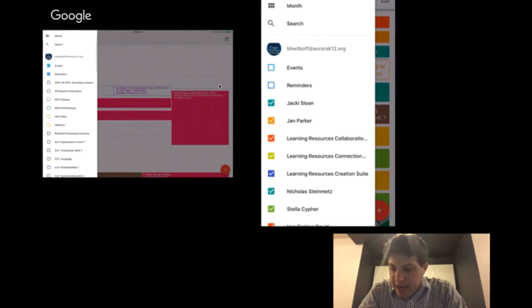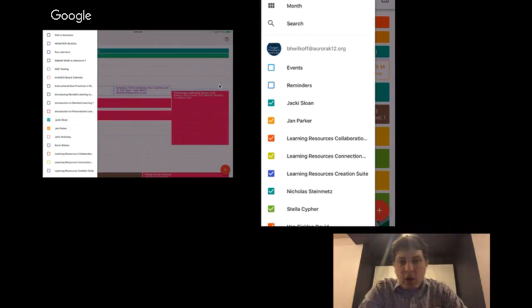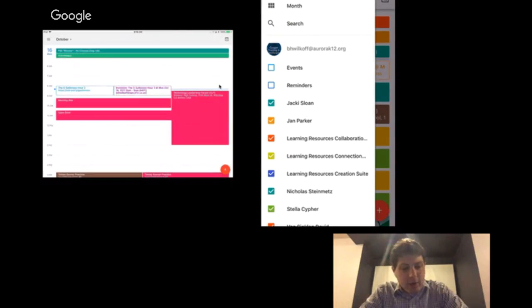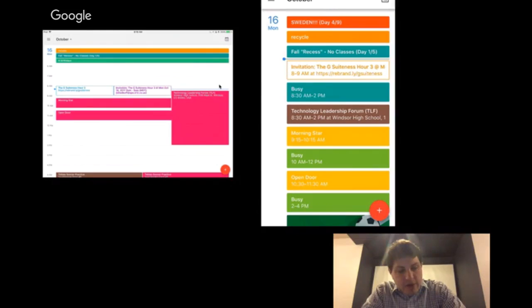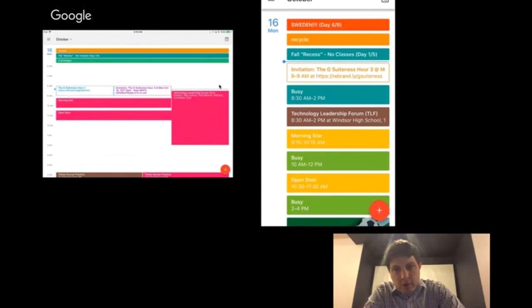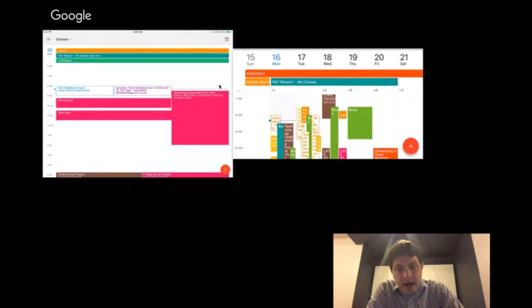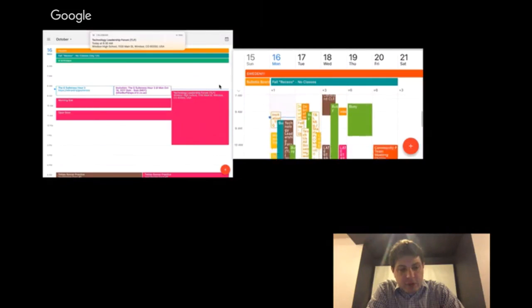I can decide which ones I want to see on different devices and have them show up directly onto my iPad or onto my phone. Now, this view is maybe a little bit harder to see on the phone, but if I want to turn it sideways, then I will get the landscape view, and I can decide how I want to